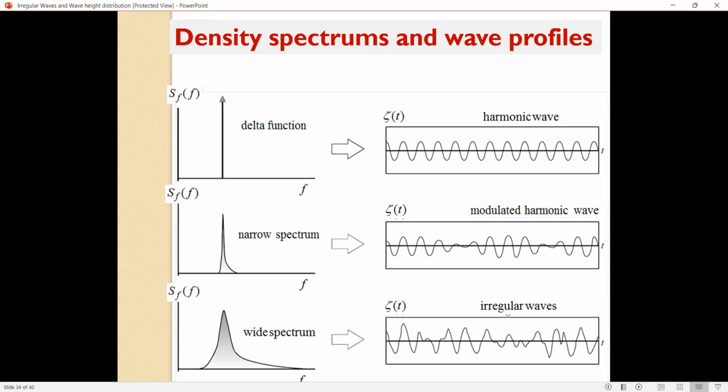I was talking about narrow band spectra, wide band spectra, and this is the way sometimes satellite imagery or analog-digital machines will give you the spectral density function and the spectral distribution of the data. From that, I have to correlate to this, what exactly my wave height is, how the wave will look like. This is the way classical examples I have taken.